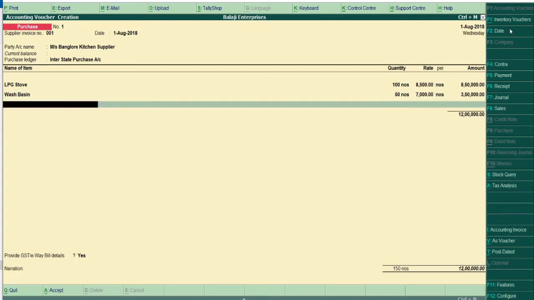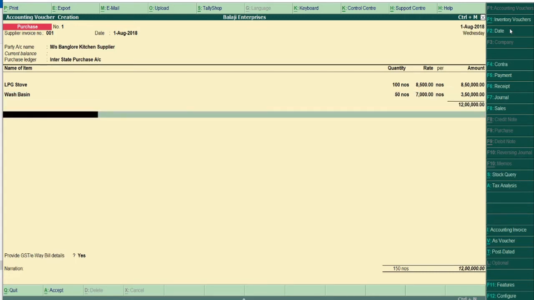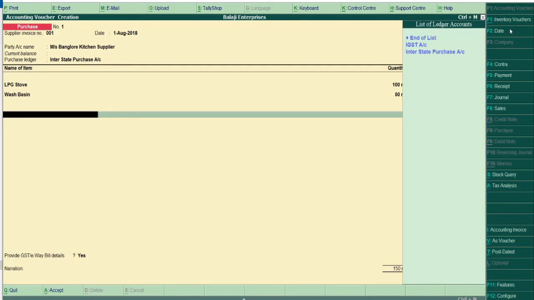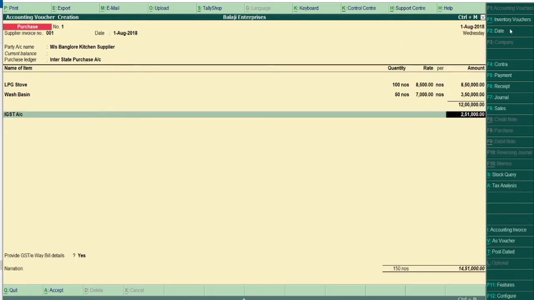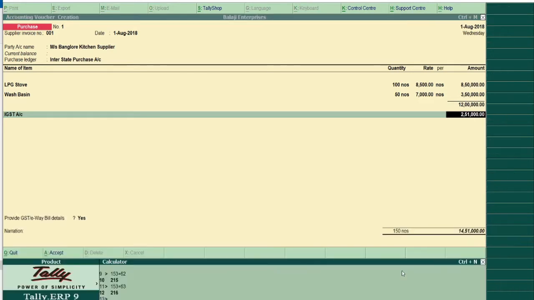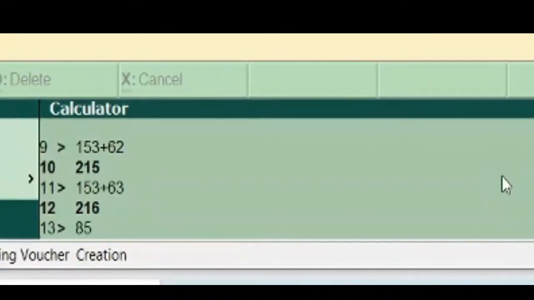There are no any stock items, so I will again press spacebar and I will select this IGST. Now here you can see the IGST is being automatically calculated. If you want to cross check this, simply press Ctrl N and here you can see the calculator. On 8,50,000,